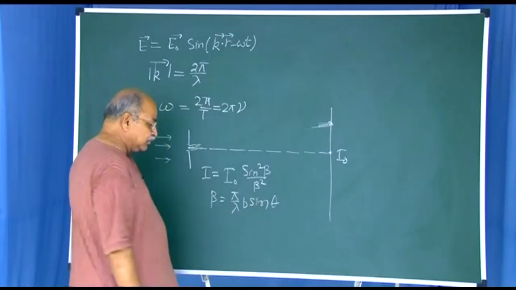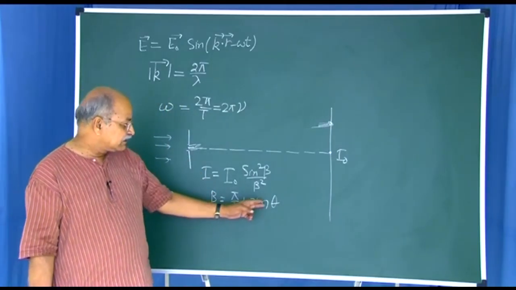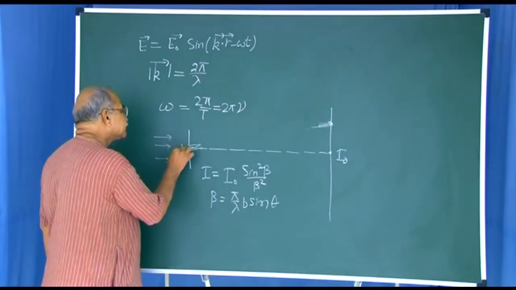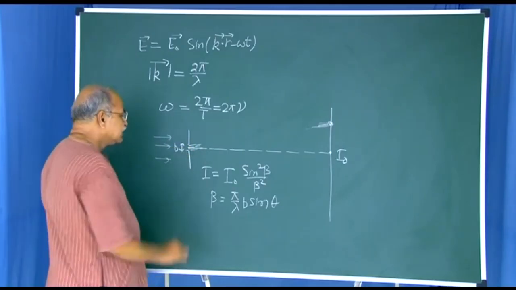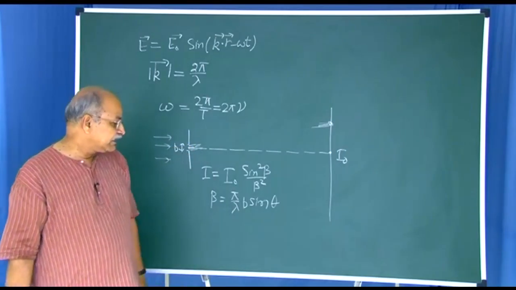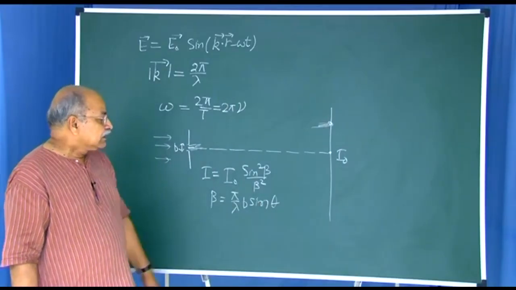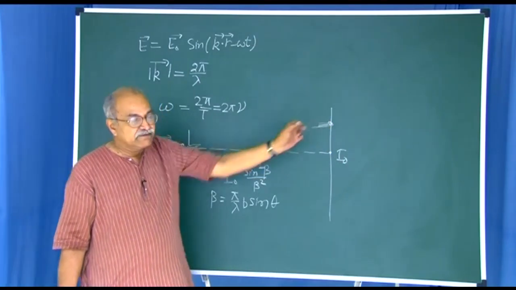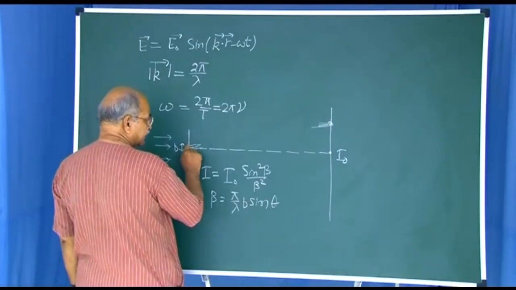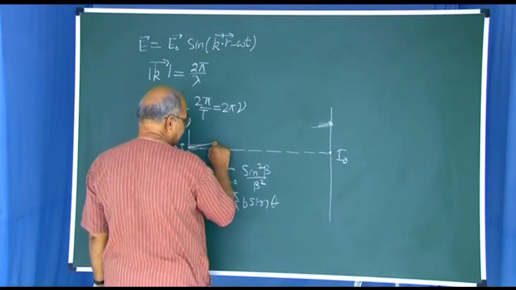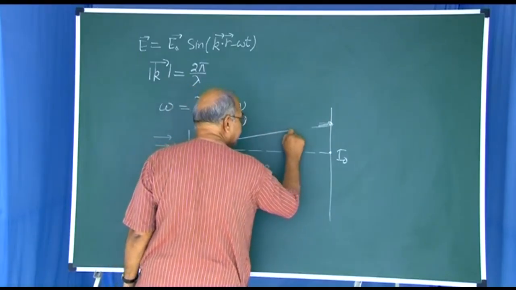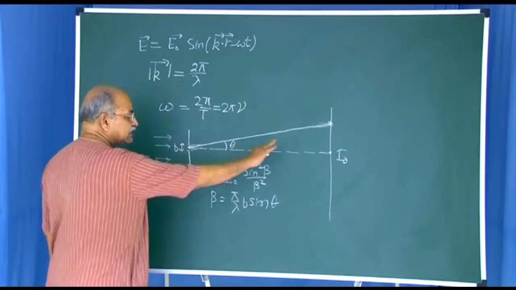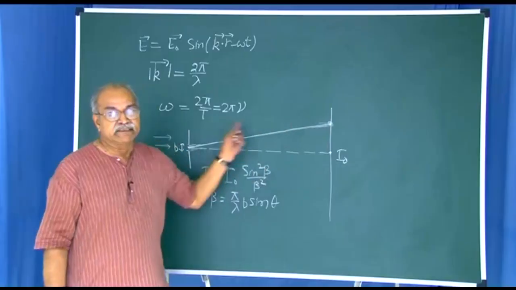So, I have introduced two new parameters b and theta. And what is this b? B is the width of this slit, this width. This is known as b. Lambda is of course the wavelength. And what is this theta? If you are looking for the intensity at a certain point, and if you join the middle point of the slit to that point of observation, the angle made by that line with this symmetrical line is theta.